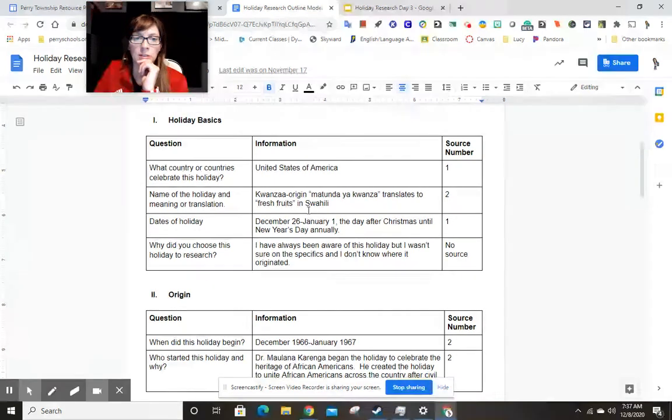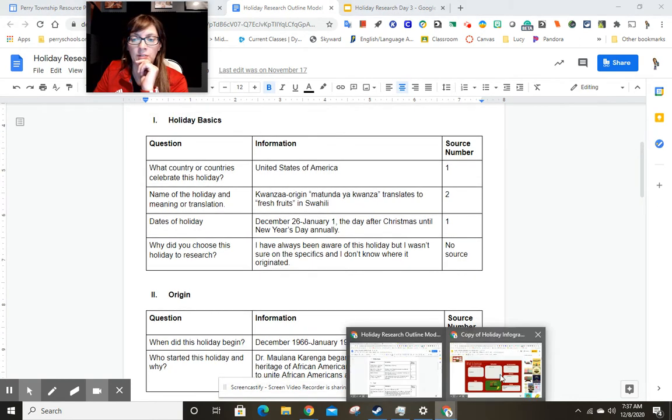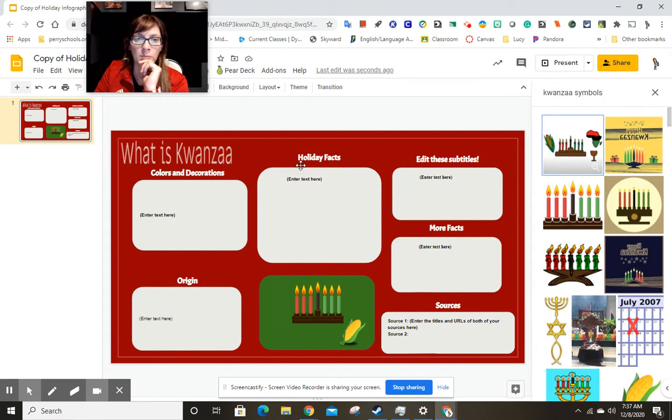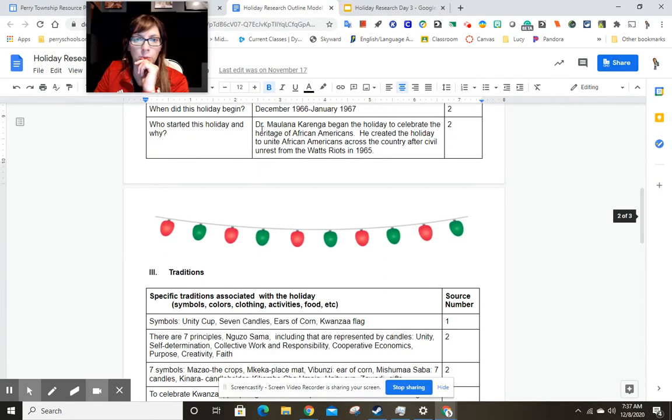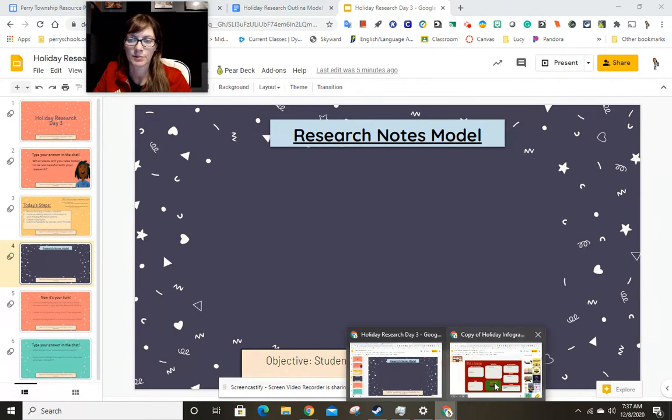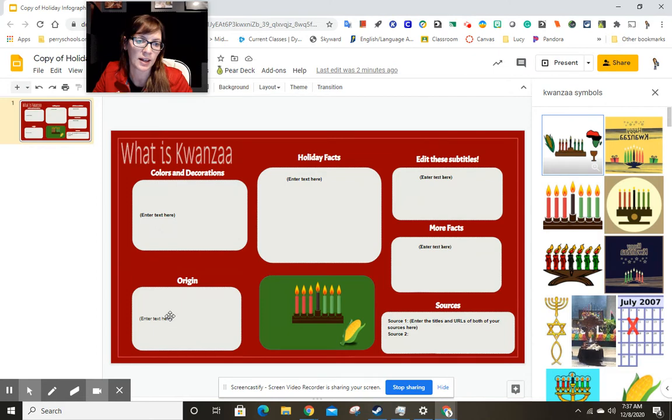So what I need to do is I need to start populating my infographic with information from my research. Colors and decorations, origin. I know I wrote a lot about the origin here, so I'm going to go through and I'm going to put, okay, here's my origin stuff. Copy that. Oops, wrong thing. And I'm going to